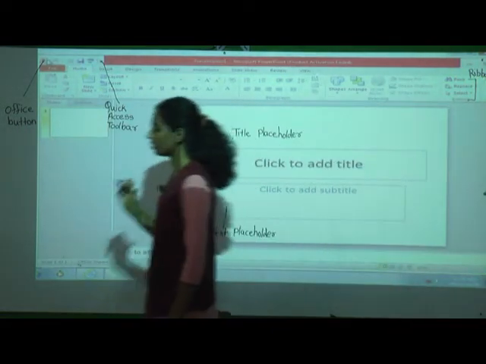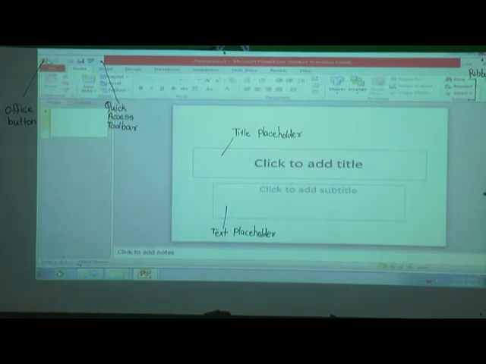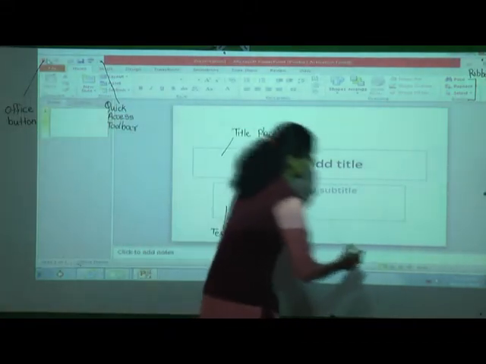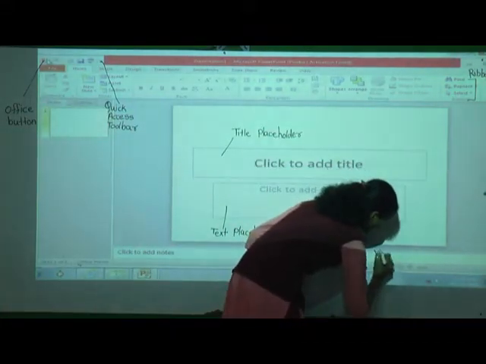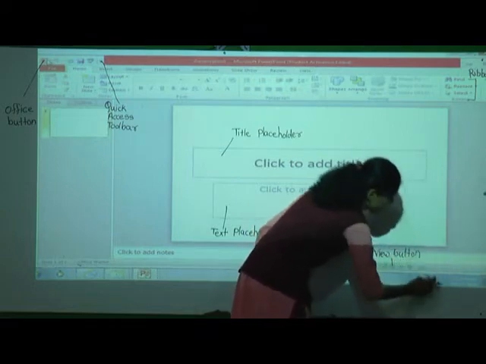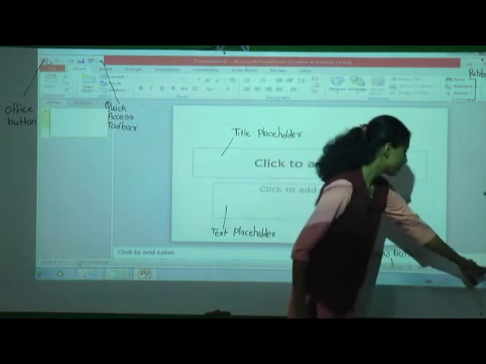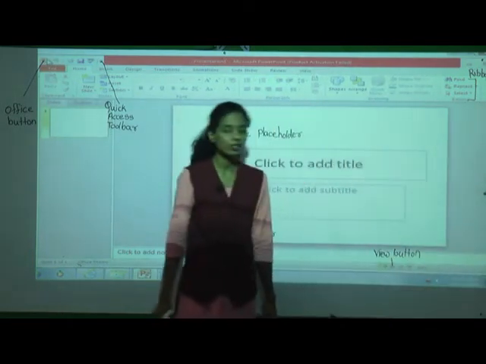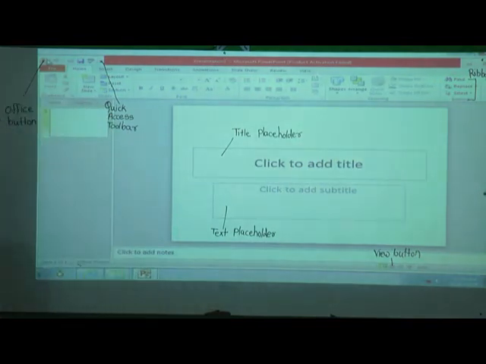This is the ribbon. Next, below the text placeholder there is a line with three options. They are called view buttons. Here you can see minus and here plus, which means we can zoom in and zoom out the slide.